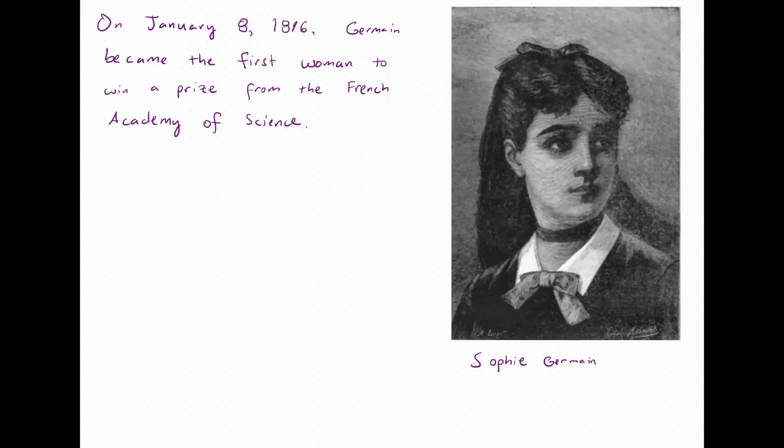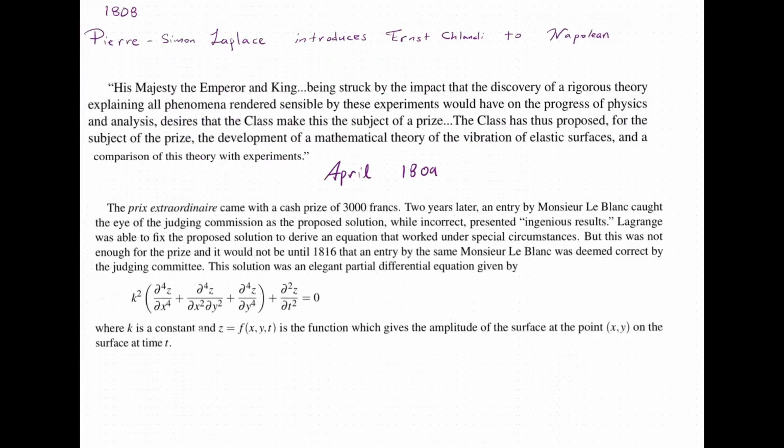She solved the question that Napoleon posed to Shanley, which earned her the distinction of being the first woman to win a prize from the French Academy of Science. But she was not allowed to receive the prize in person because the French Academy of Science had a rule that the only women allowed in the establishment were the wives of their members. But she did present the solution correctly, and here it is.